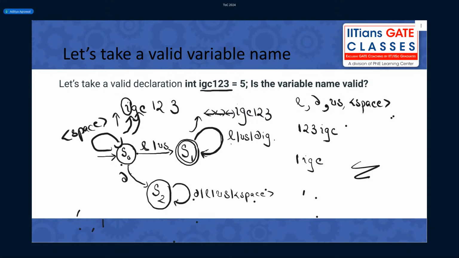Pranav, why are you thinking S3? To understand the thought process. Will you accept it first of all? Let's say I write int IGC space 123. Is that allowed in C? C will cry saying, what is this?